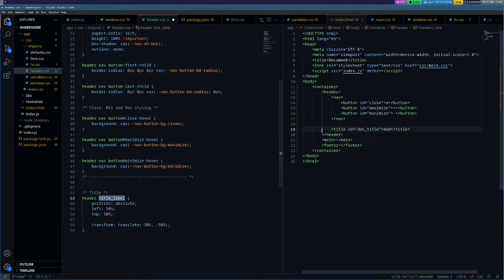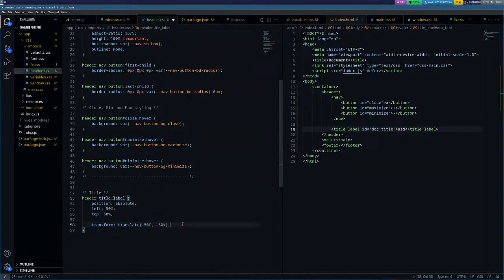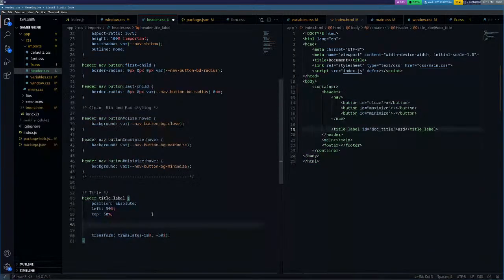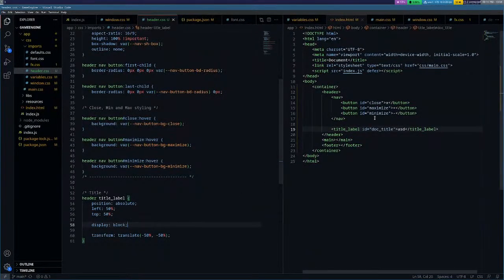Title label, we'll call it then, instead of using a class and all that kind of thing. So right now it's not centering because display needs to be block or inline block. There we go. So there's our title,